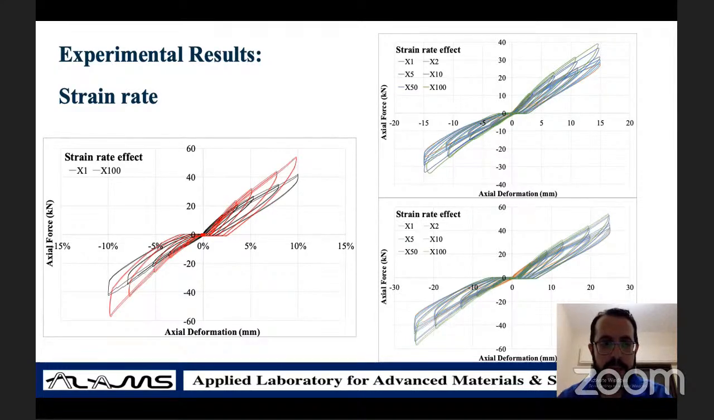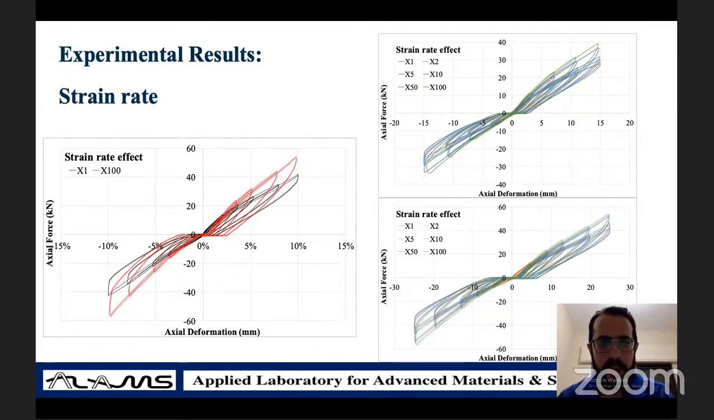If you look at the figure at the left here, you can see a comparison between the original rate and 100 times the rate, so the two extremes, and you can clearly see the difference between the two behaviors, in some extent better behavior, higher energy dissipation, higher load carrying capacity. And as I mentioned before, here you can see at 10% strain demand, the system still went back to its original shape, and the residual deformation was